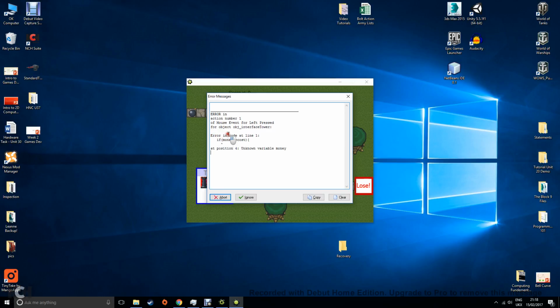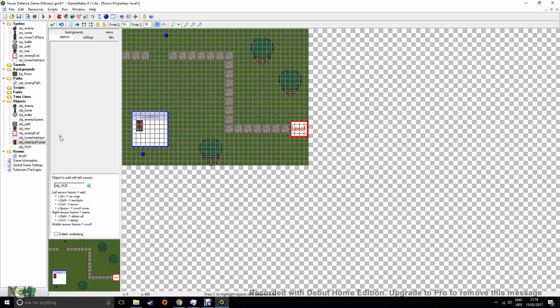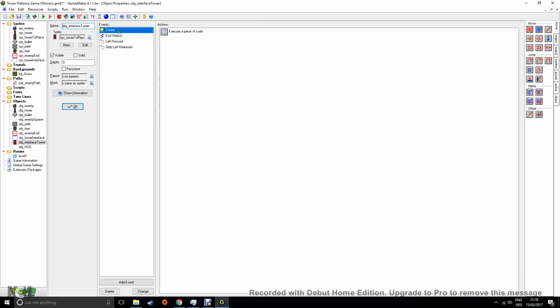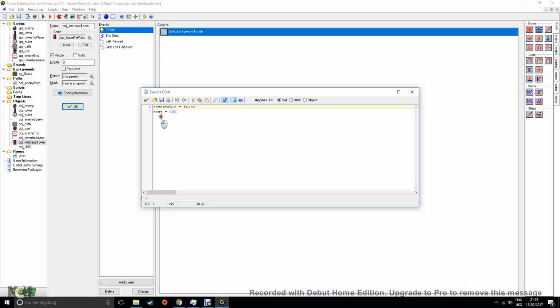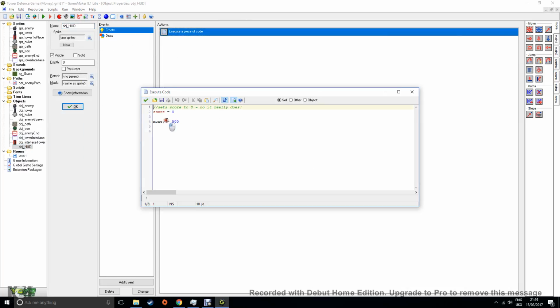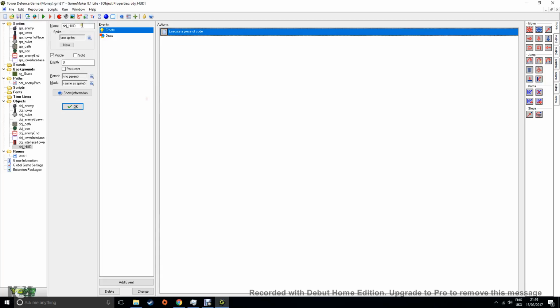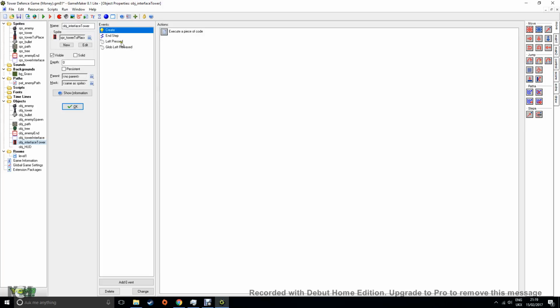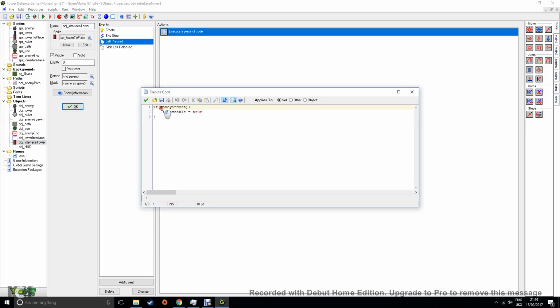So you're reading the error message here: unknown variable money, which is in the left mouse event for object interface tower. The reason why it can't find money is interface tower doesn't have a money variable. That belongs to obj_HUD. That's keeping track of the amount of money that's available. So I'm going to go back to my interface tower, and when I left click, what I need to say is